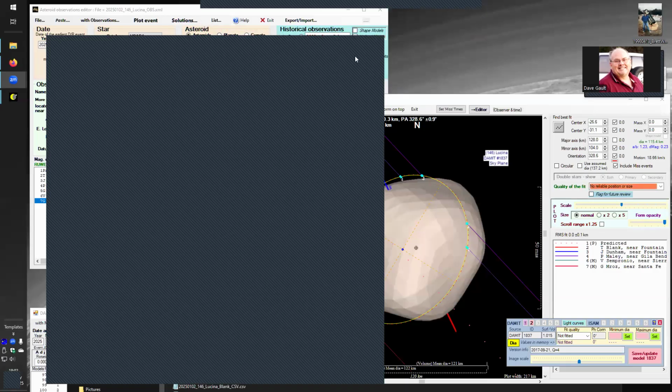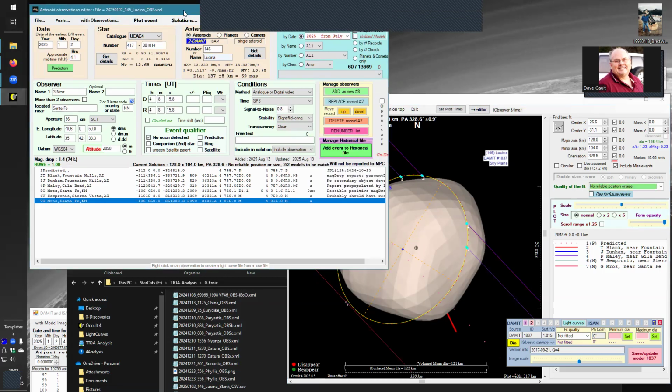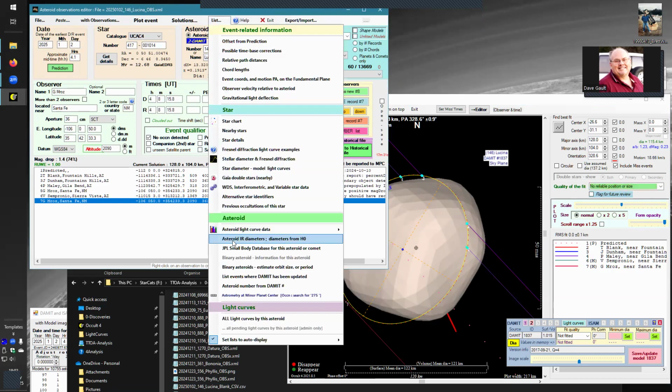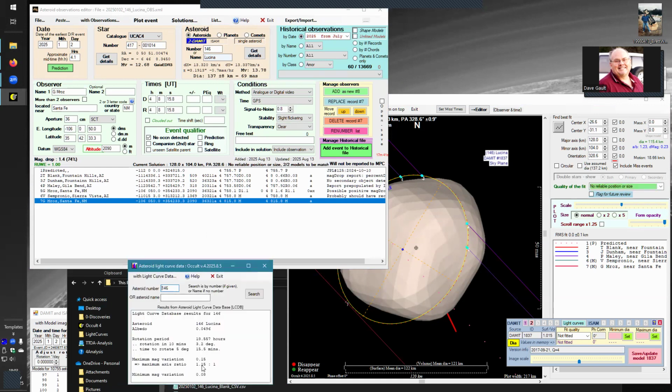Okay, so sorry about that. I had to answer the door. So according to the, where were we? According to the asteroid light curve, come on, out of the way. Light curve data, the ALCD, keeps on popping up over on my second screen. We have a